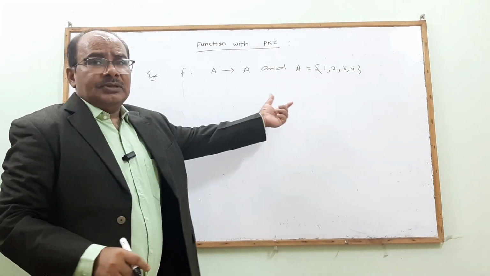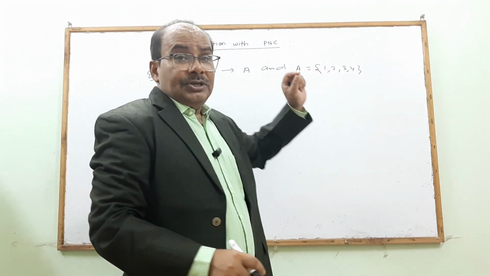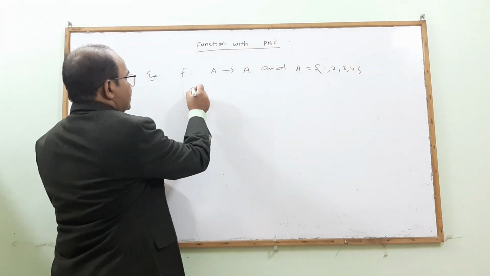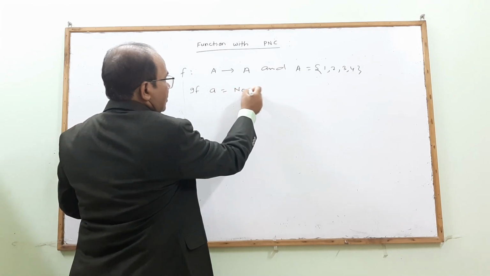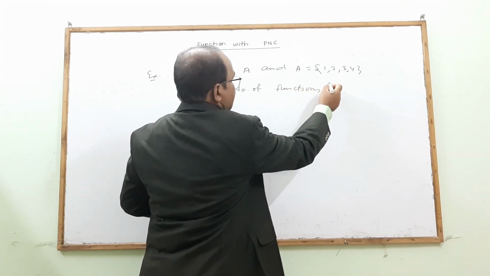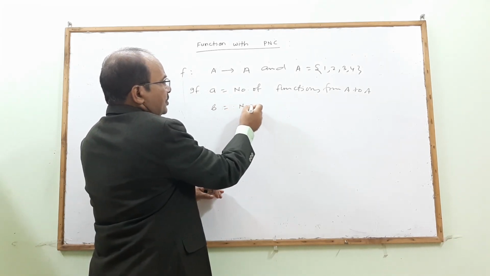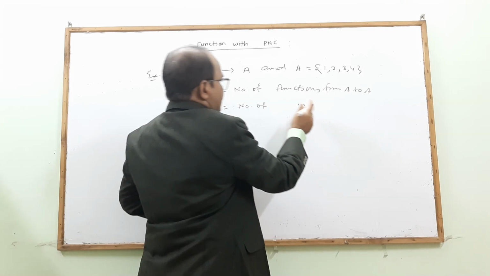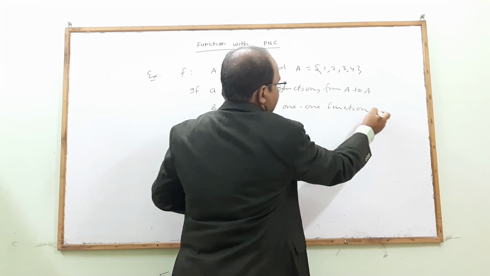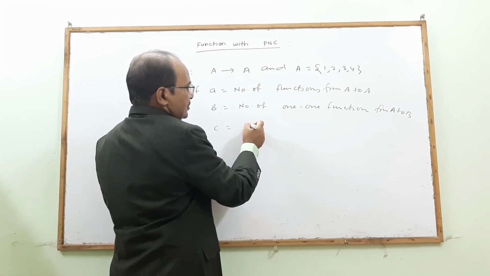This is how a function is defined from A to A. The question is, if A is equal to the number of functions from A to A, B is equal to the number of 1-1 functions from A to B, and C is equal to the number of